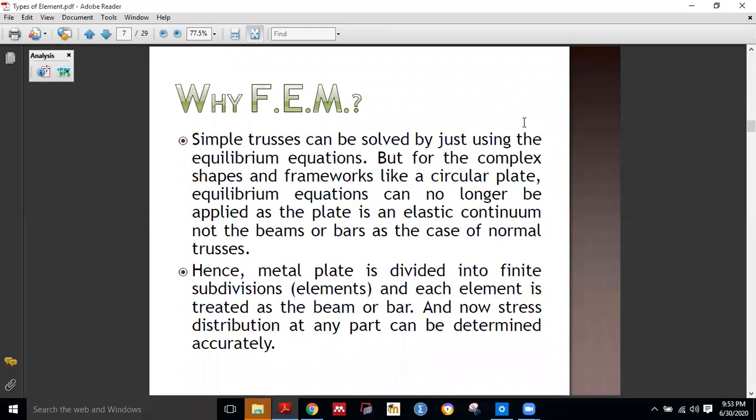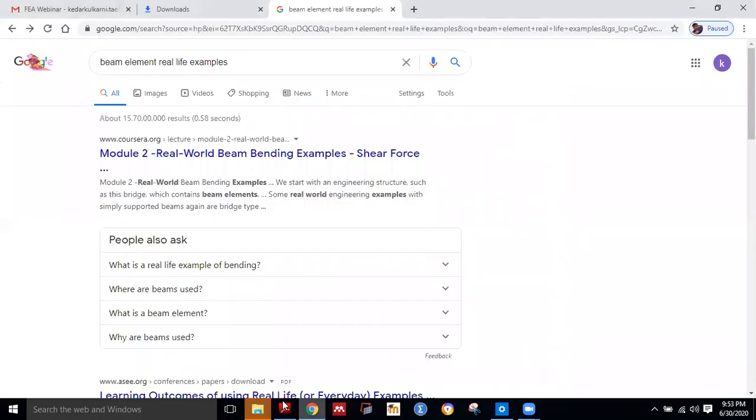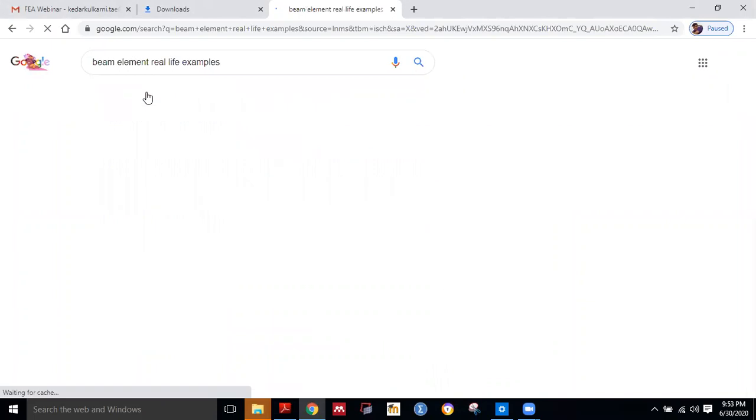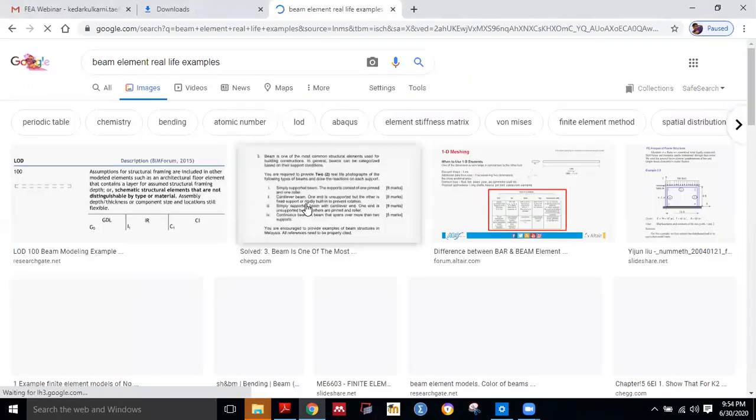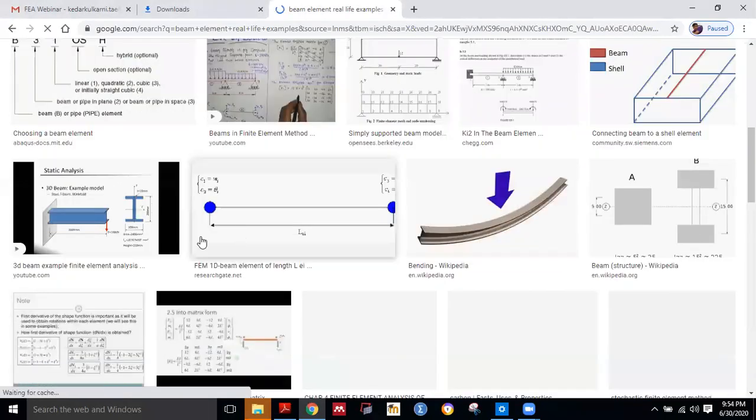Now next one. By FEM, simple trusses can be solved by just using the equilibrium equation. But for complex shapes and frameworks like a circular plate, equilibrium equations can no longer be applied, as a plate is an elastic continuum, not the beams or bars as in the case of normal trusses. If a simple truss is there, on the internet it is showing some examples, that is a simple beam. We can analyze such types of beams,